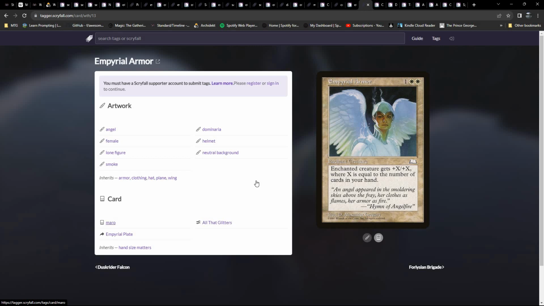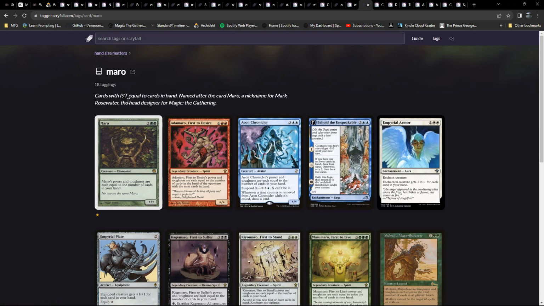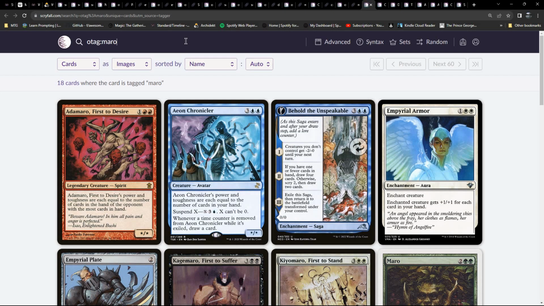And the attack is Marrow. Why is it Marrow? Well, cards with power and toughness equal to cards in hand are named after the card Marrow, a nickname from Mark Rosewater, the head designer for Magic: The Gathering. This card. So if we do this to get our Magic timeline,